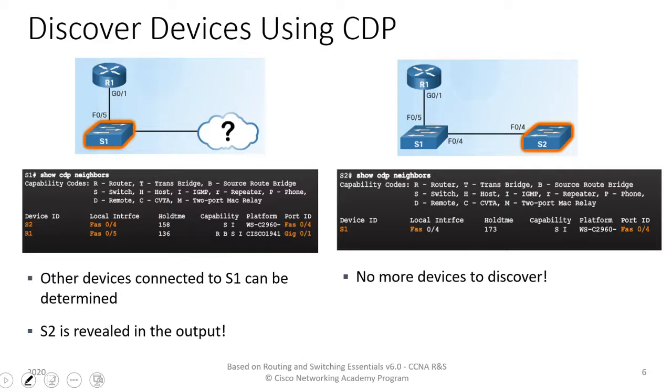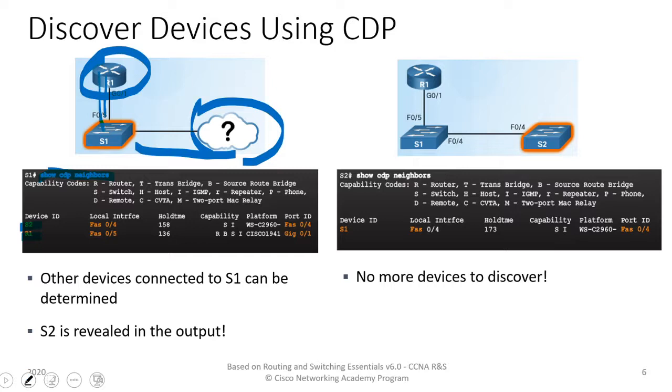So for example, say if we do show CDP neighbors on S1, S1 has information about S2 and R1. So this is S2, and this is R1. So those are the information